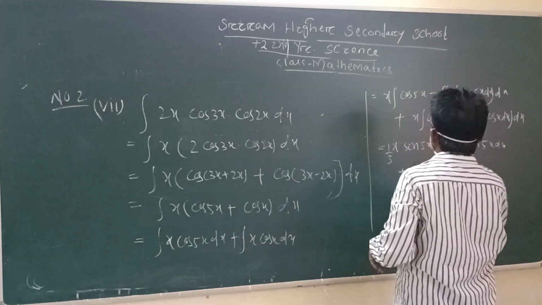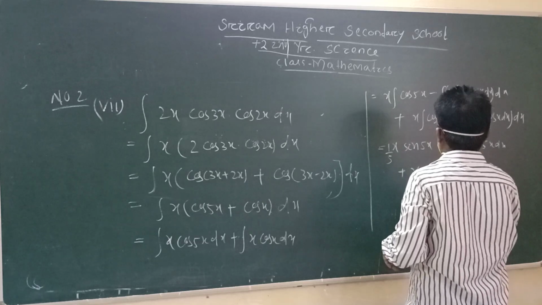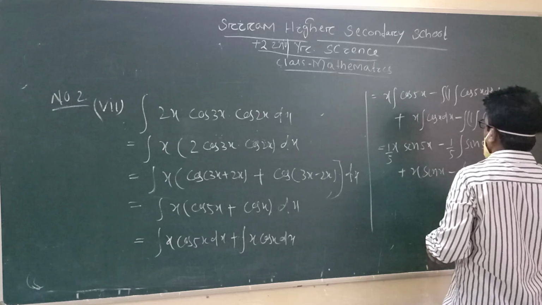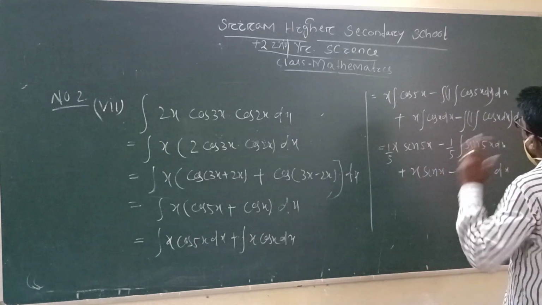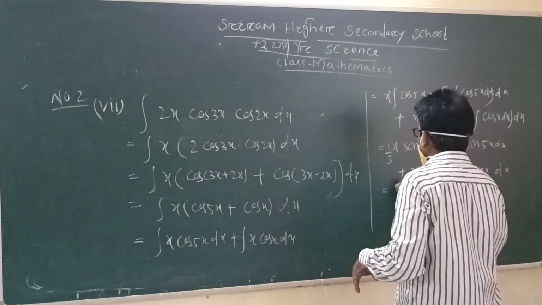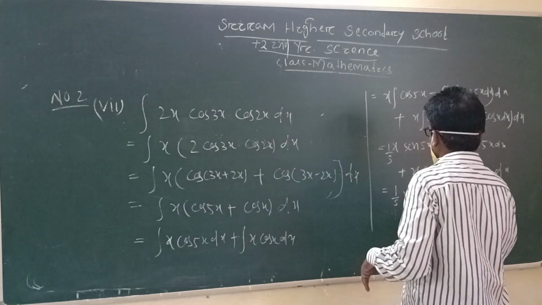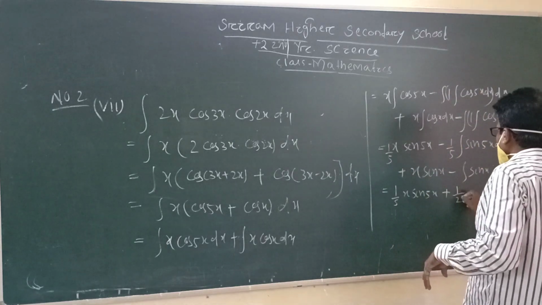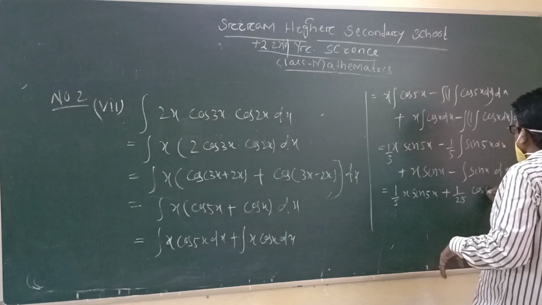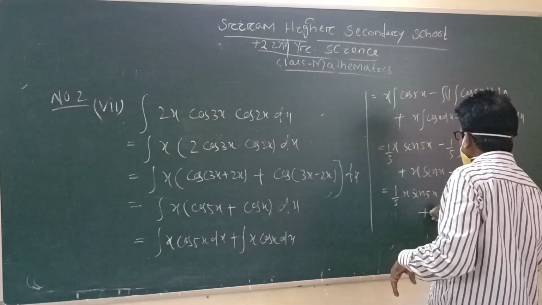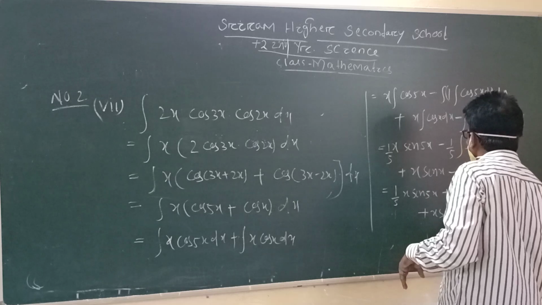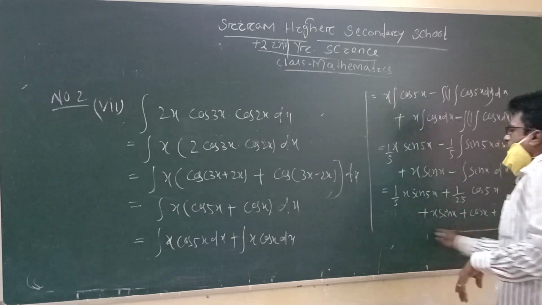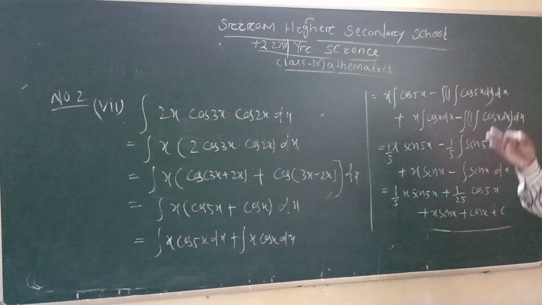Plus x integration of cos x is equal to sin x minus that integration value, which is sin x dx. Now integration of sin 5x is equal to minus of cos 5x by 5, 1 by 5 x into sin 5x plus, minus minus plus, is 1 by 25 cos 5x, plus x sin x, integration of sin x is equal to plus cos x. Bas, that is your answer. That is number 2 V2i.